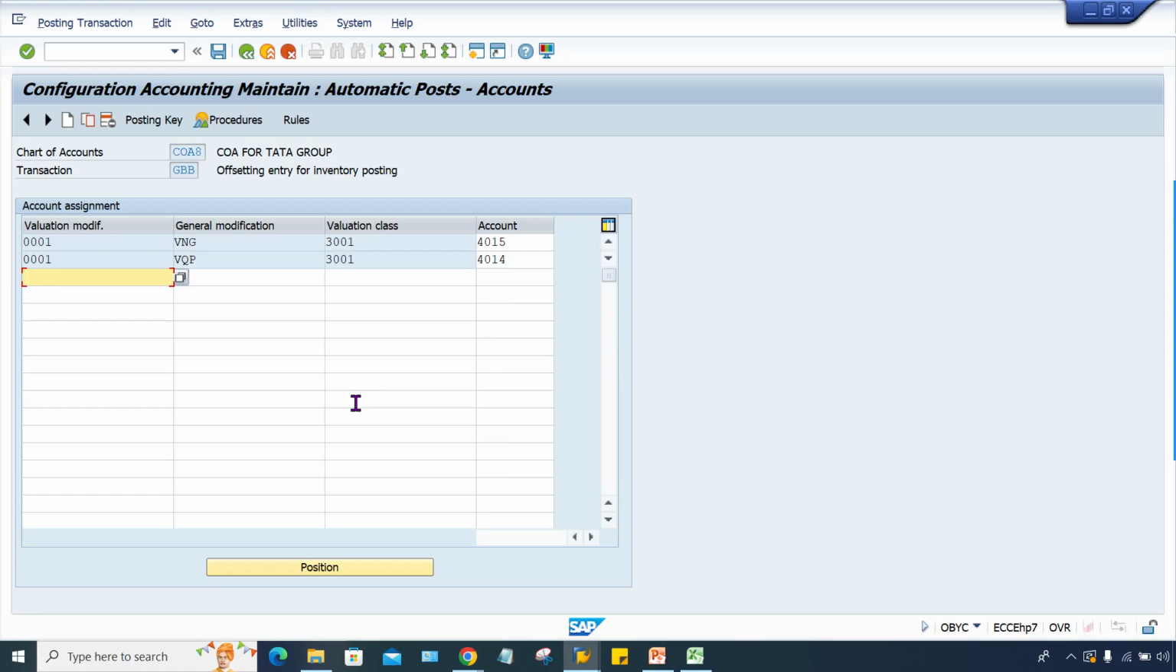Okay. Since multiple offsetting accounts will be there, that is why in GBP we now have a valuation modifier, that is 0001. Valuation class is 6024. But again, since multiple GLs are assigned here, how will the system differentiate? So the general modifier also comes into the picture. For finished goods, I think VAX. Let me try VAX. We have to specify,